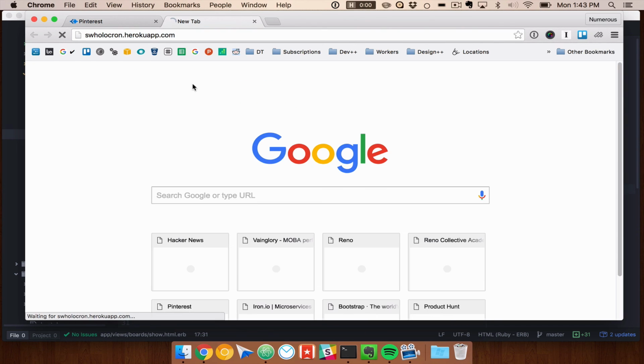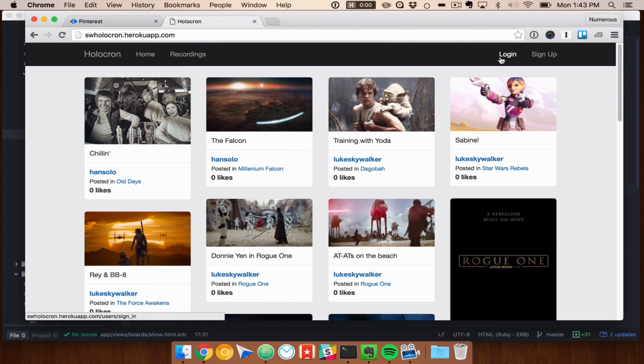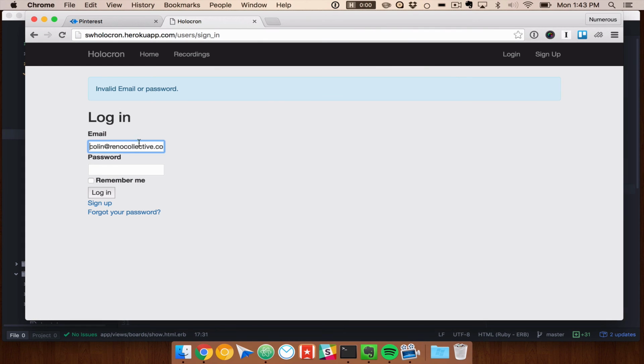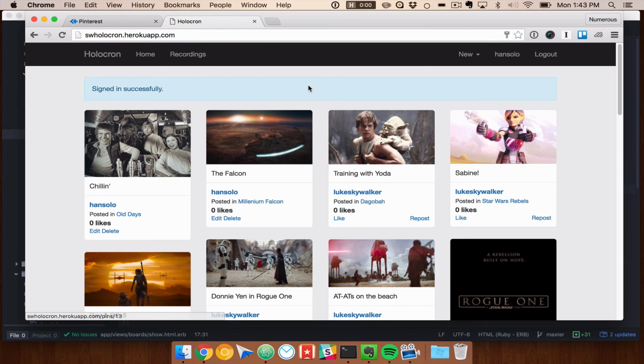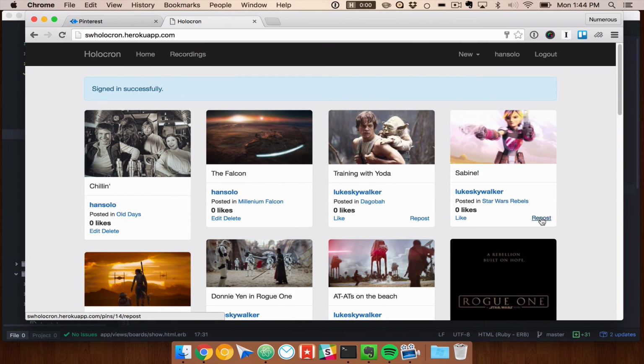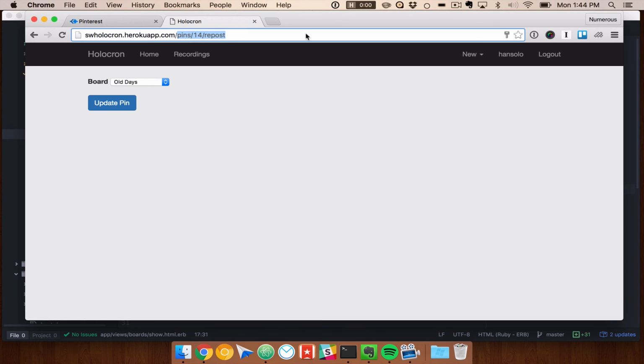So again, if I go to this example app, and if I log in, let's see if I can remember any of these passwords. So, okay, so these ones, I have boards, so I can create a new pin or board, and you can use this as an example. Again, we didn't spend a lot of time on the design aspects of the video, but that's something that you can play around with. And if I were to go and repost this, it takes me to pin/pinid/repost,